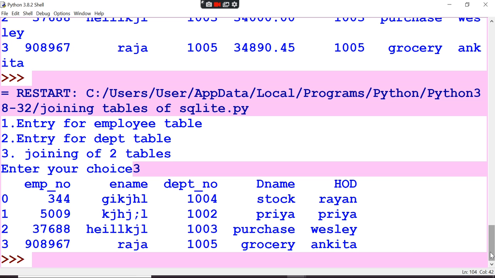When you are using any two tables, you have to see which column is common for both the tables. Then you have to connect both the columns. So first table dot that particular column, department number, equal to second table dot the same column, department number. Then both the tables will be merged into one table.